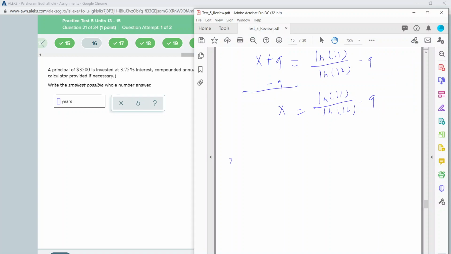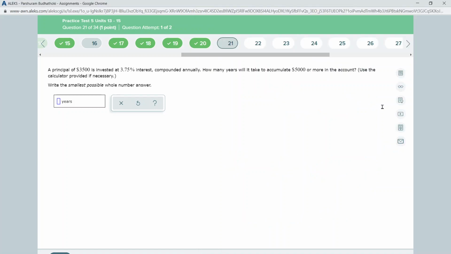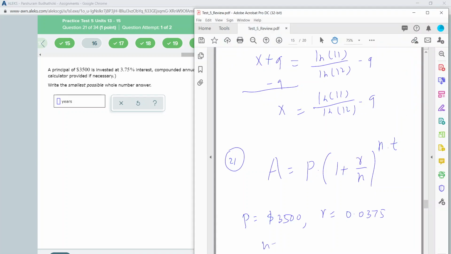So you have to know the formula. The formula is A equal P times 1 plus r over n to the power n times t. That's the formula, where n stands for how many times a year, P stands for principal, r is rate, t is time in a year. In this problem, we have given principal 3500, we have given rate 0.0375. Whenever you see this percentage sign, just divide that number by 100. Compounded annually, that means the value of n is 1,